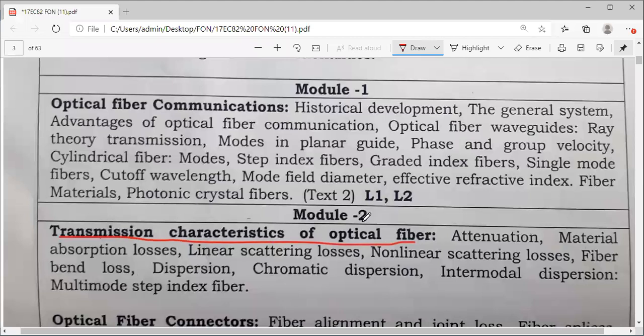Let's study what attenuation is, what absorption, scattering and the different losses are, and what dispersion is. These are very common terms associated with optics. You might have studied this in brief, but let's see what the expressions are, what the conditions are, and what the effects of these different aspects are. Okay, we will study it in the next section.